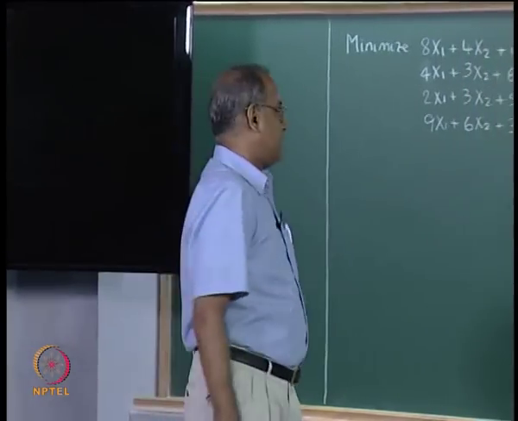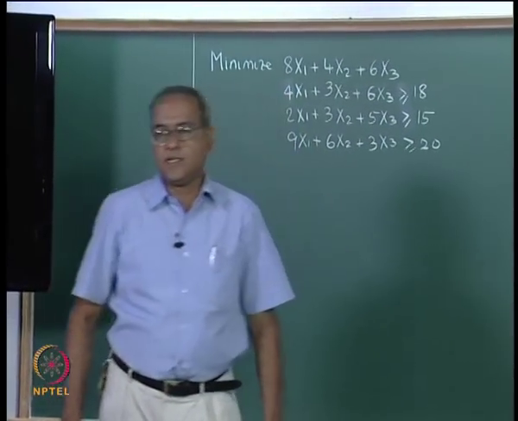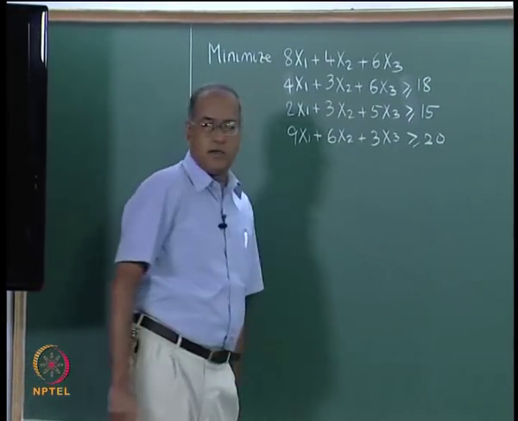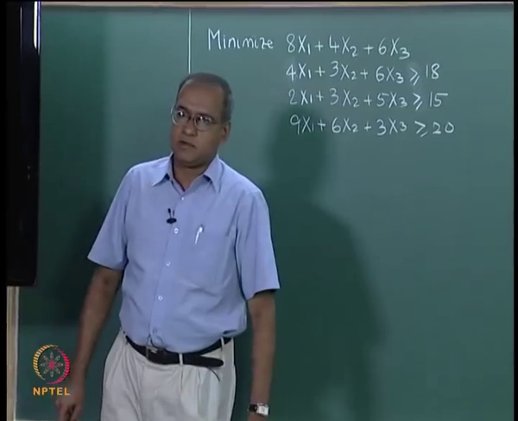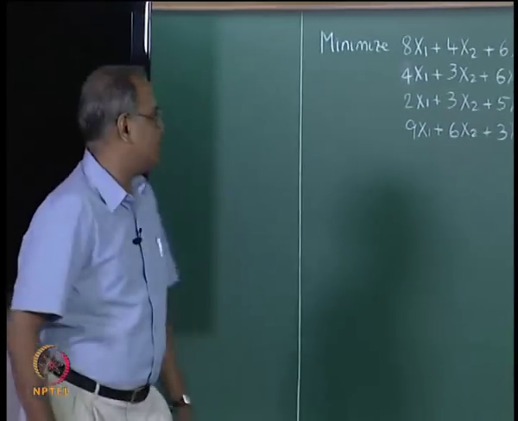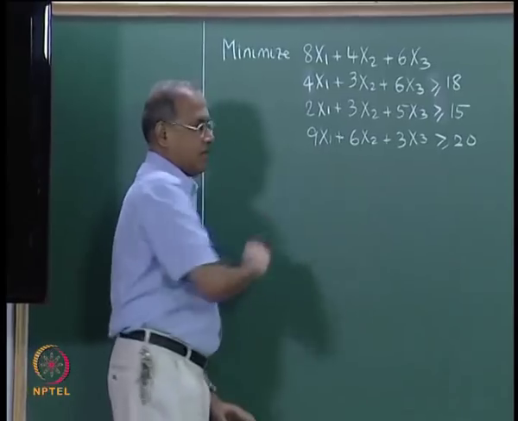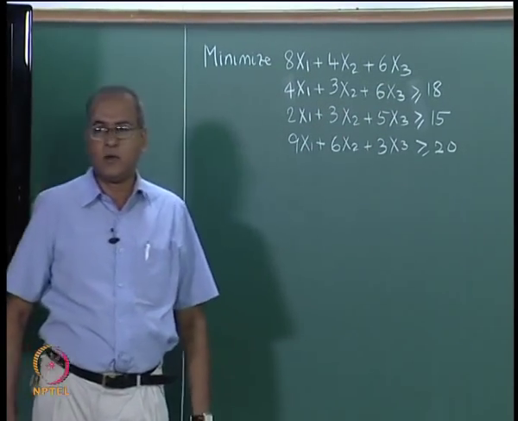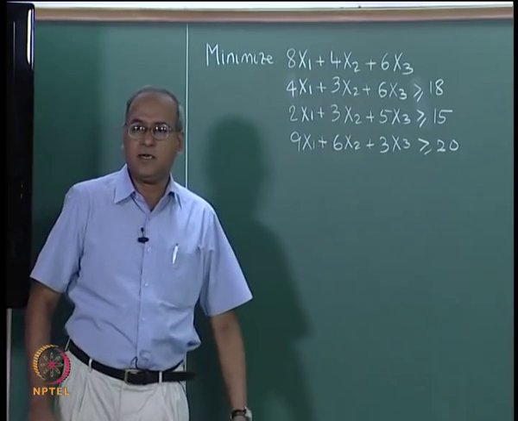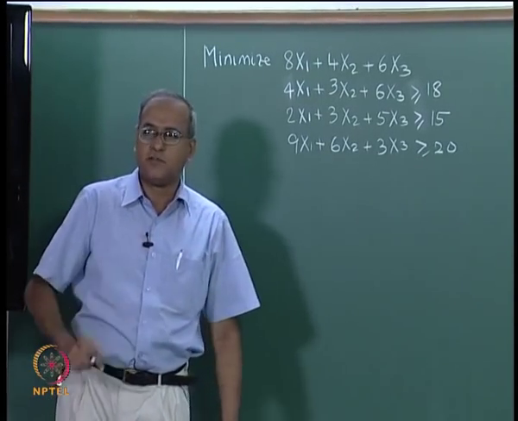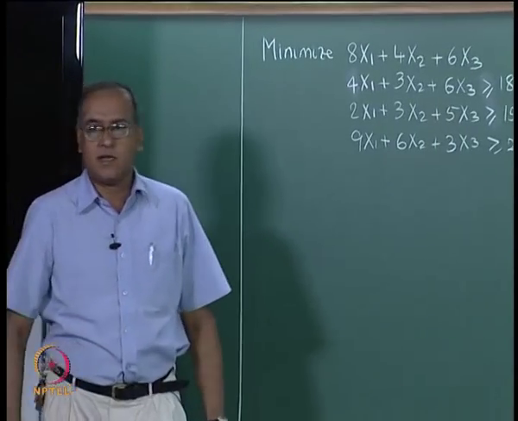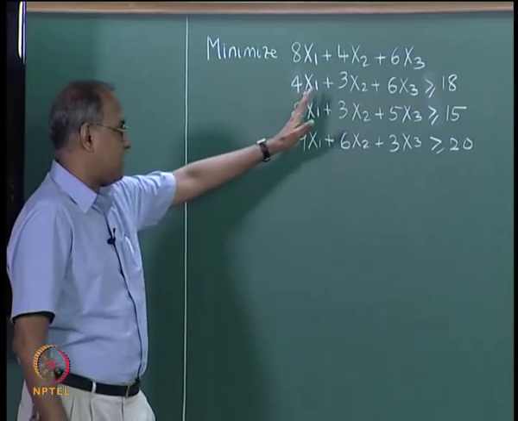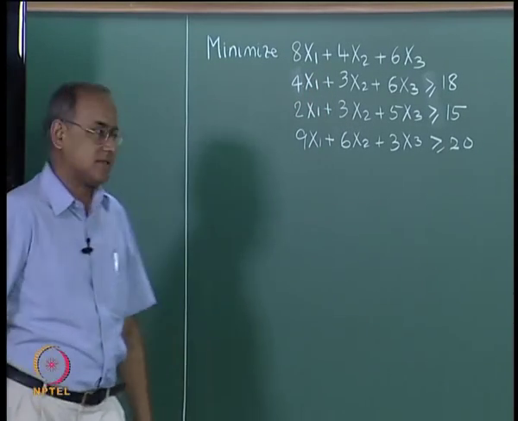In this lecture we continue the discussion on the all integer dual algorithm. So, we use the same example that we saw in the earlier lecture to explain the algorithm further. So, this is the example that we will be looking at. It is a minimization problem with all constraints greater than or equal to. As I mentioned in the earlier lecture, this example is different from the previous example that I have used to explain the all integer dual algorithm. We will proceed by taking this as an example.